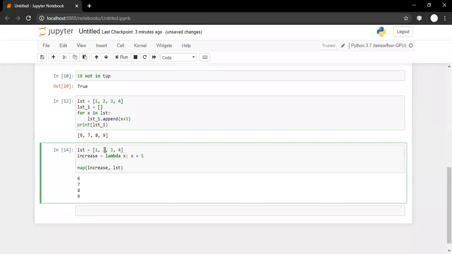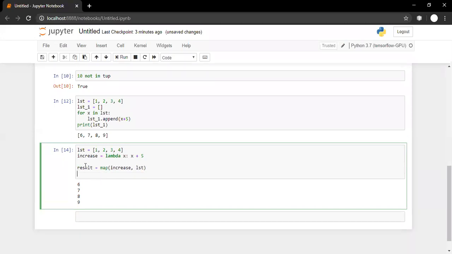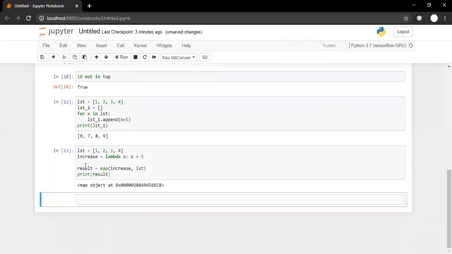Then it will take the second element 2, and pass it as input to the increase function. Then it will take the third element, pass it as an input to the increase function, then the fourth, and so on. And let us say this is our result, and we want to print the result.